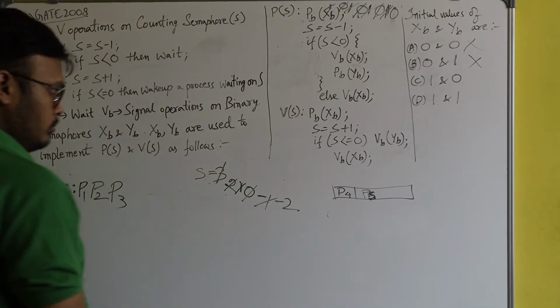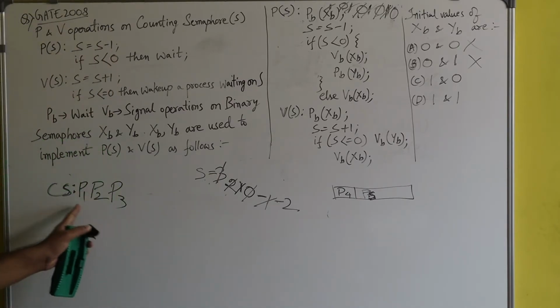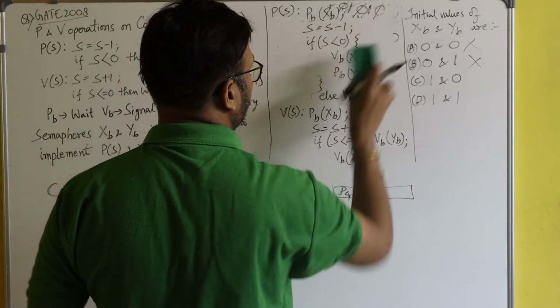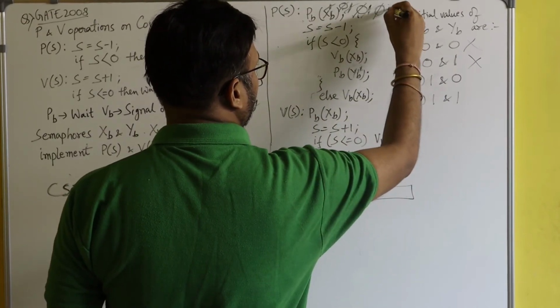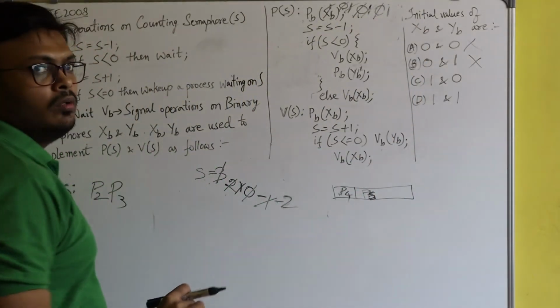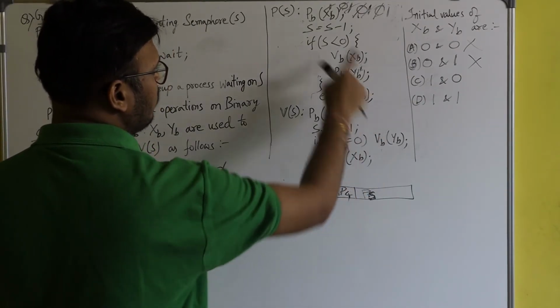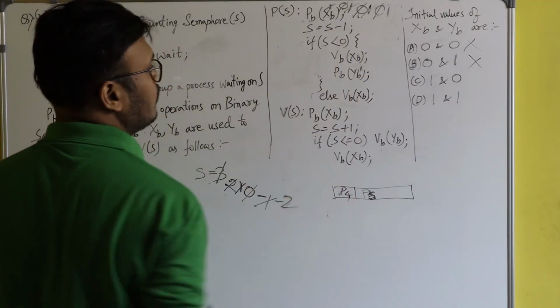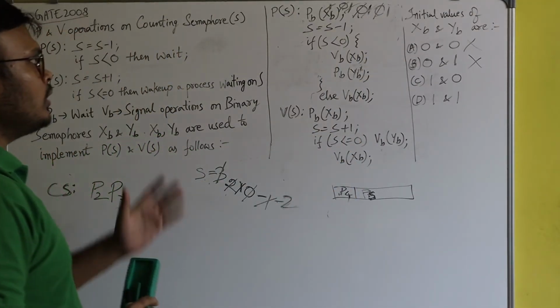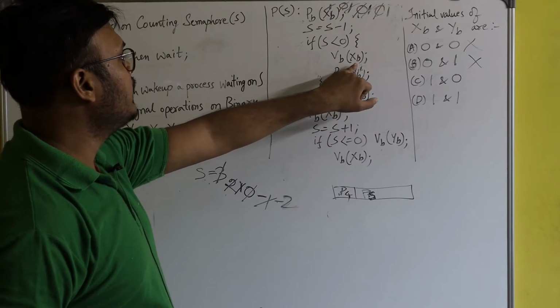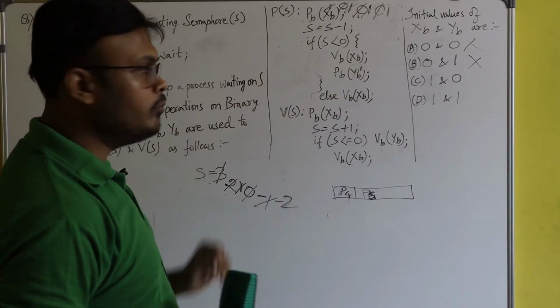Now suppose one of the processes inside the critical section has completed its task, say P1 has completed its task inside the critical section. So what will P1 do? Here you see P5 got blocked, and before that it made the value of XB as 1. The actual significance of why, before getting blocked, a process is signaling XB and making it 1, you will come to know now.